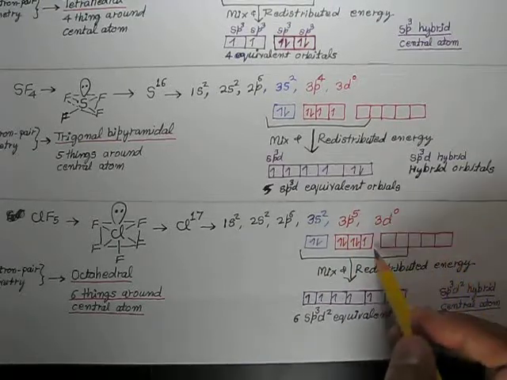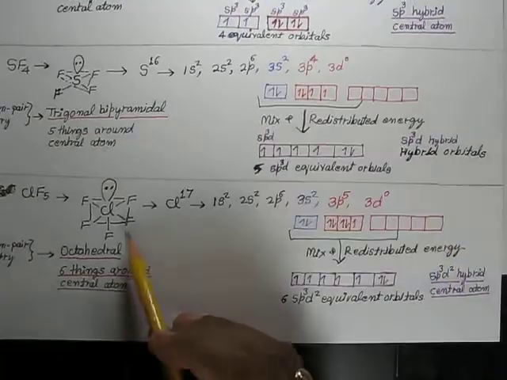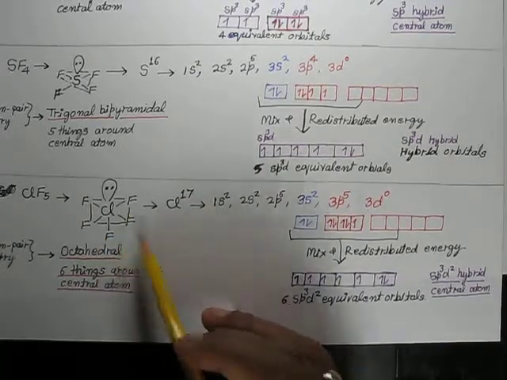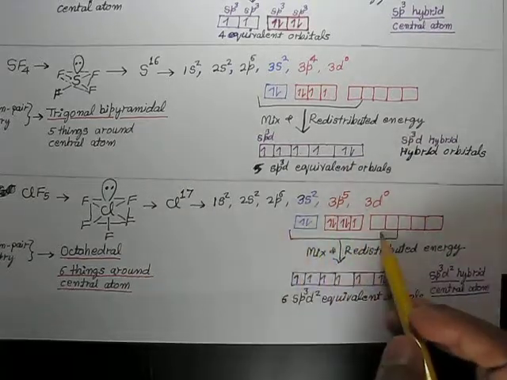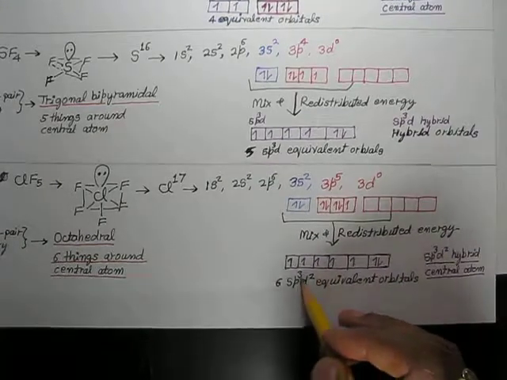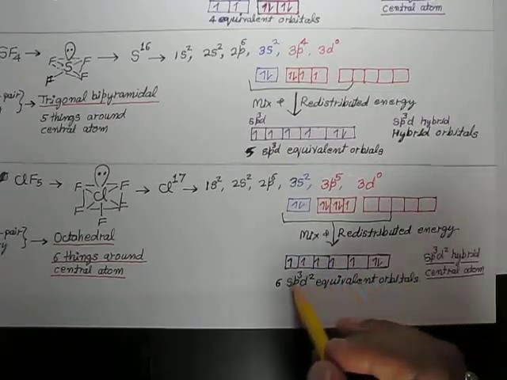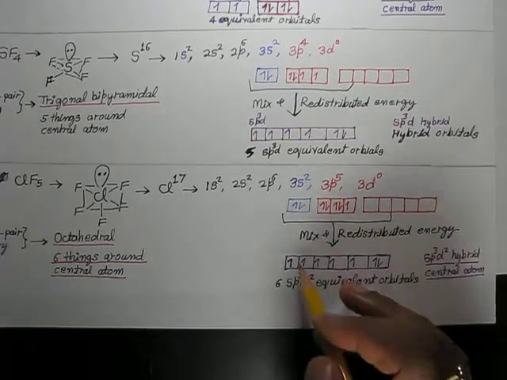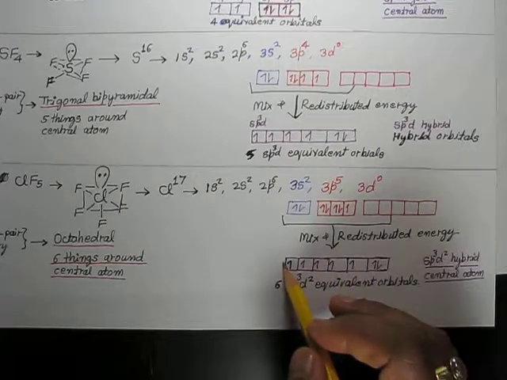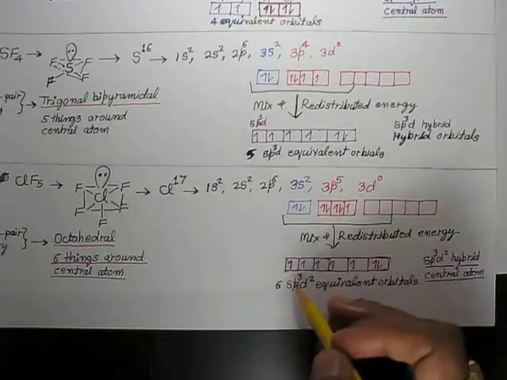Its d orbital is also empty, but to make 5 bonds with the fluorine, it mixes all these orbitals and redistributes to make 6 sp3d2 equivalent orbitals, where 5 will contain unpaired electrons, so that they can have pairing from the fluorine atoms,